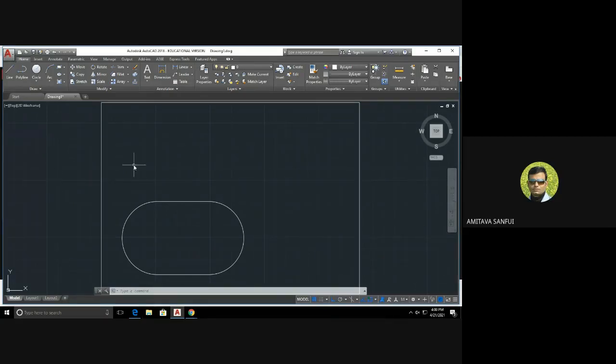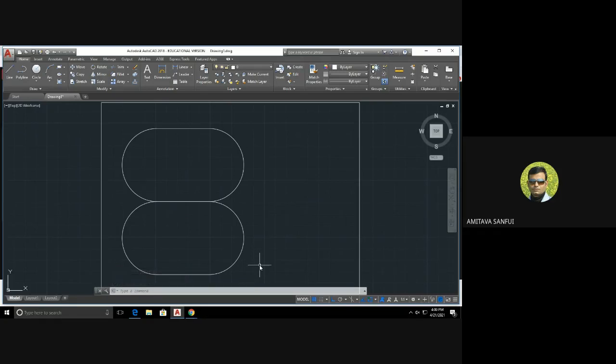Okay, so I have used the rotate command. Now I will use mirror command. Okay, so mirror, select the object, press enter. Now I have to select first point on the mirror line. Let us say here. Okay, and specify second point of the mirror line. Let us say here. See, if I press enter, now a mirror copy has been generated of the object. So these are some basic commands.